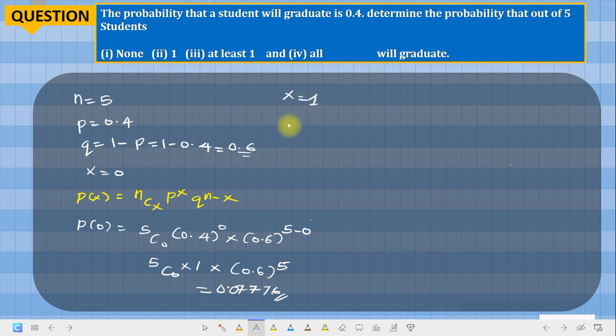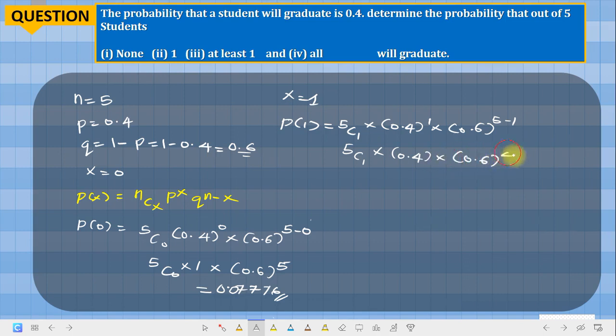Now, solving becomes P of 1 will be equal to 5 combination 1 times 0.4 raised to the power of 1 times 0.6 raised to the power of 5 minus 1. And this will be 5 combination 1 times 0.4, anything raised to the power of 1 is still that thing, times